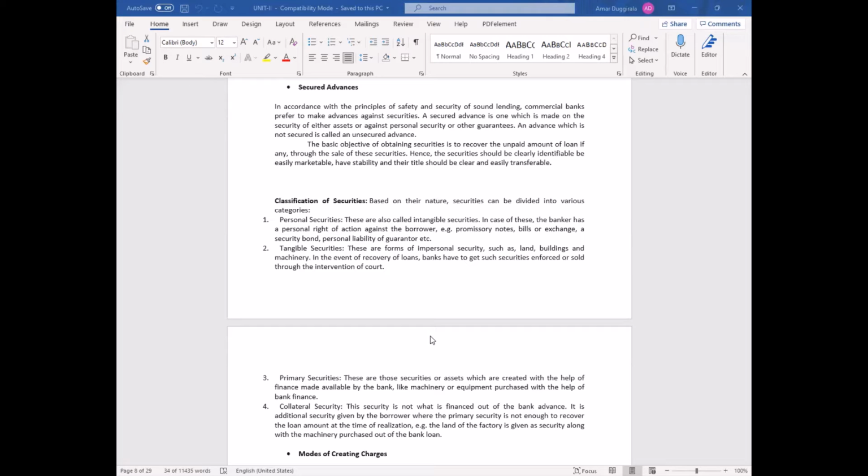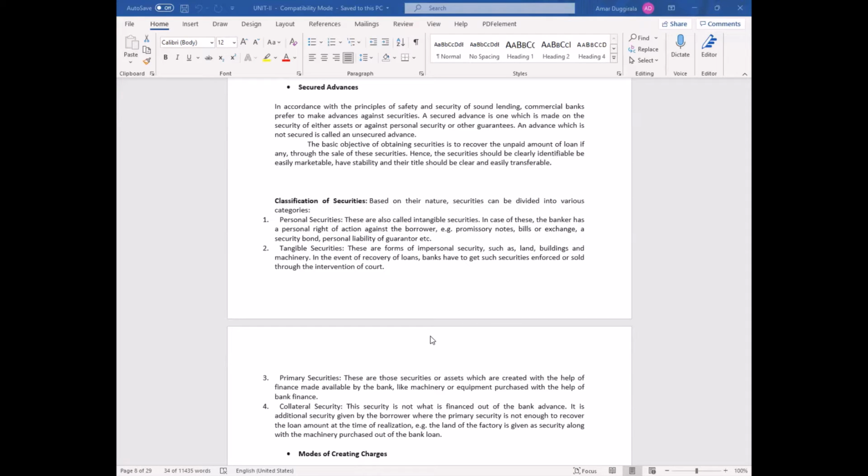So basically, collateral security is a kind of double security. For example, you have taken a loan of 10 crores as a commercial organization. You bought a factory of 5 or 6 crores, or maybe it is estimated that after 10 years, the charge on the factory created would not be 10 crores. So what you do is you give your personal security, tangible security, or some other security that you have kept with you, such as land or building, to complete the value of the 10 crores loan.